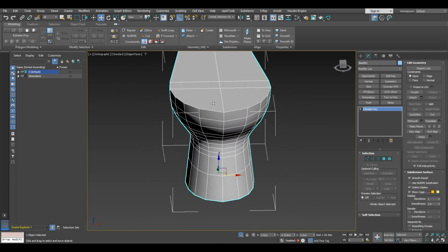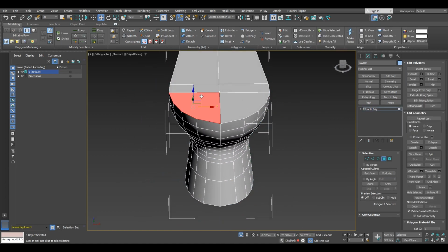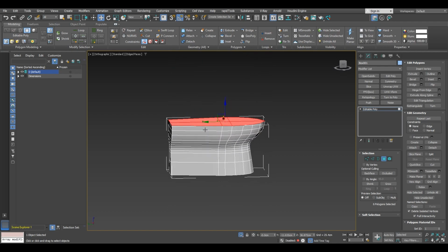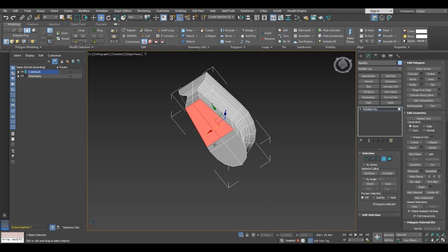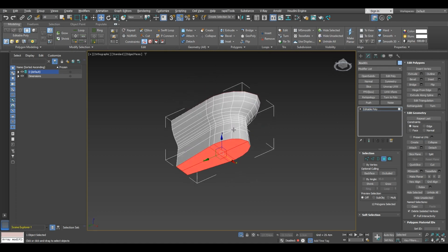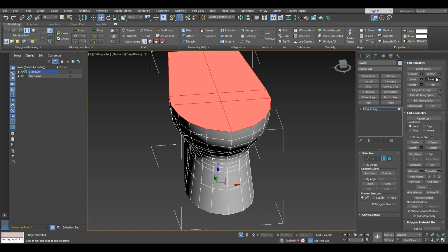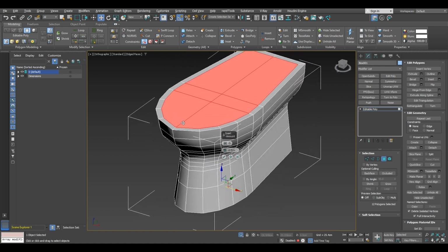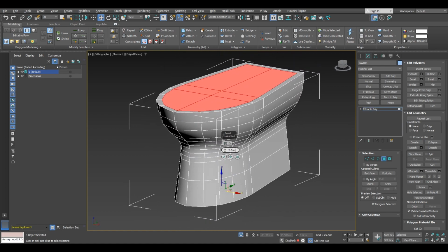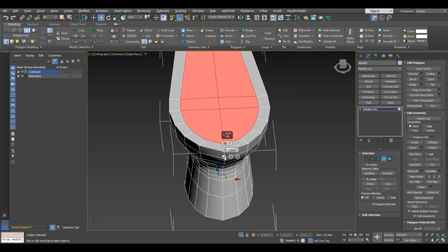So now we will need to get into polygon selection and get the top polygons and the bottom polygons, so we can inset them. So let's just check the width of the inset. 1 centimeter is too small, maybe 2 or even maybe 4 centimeters, we'll see. This looks better definitely,